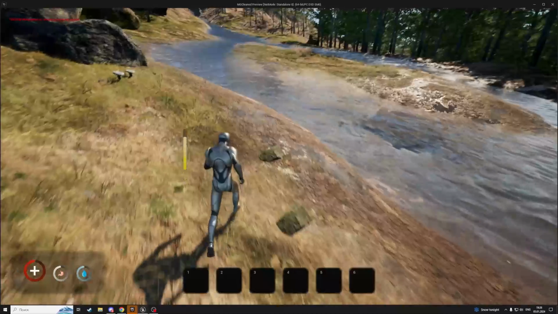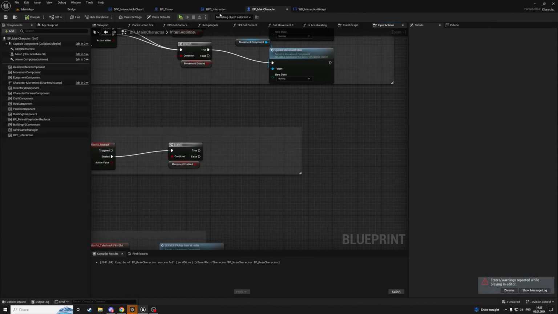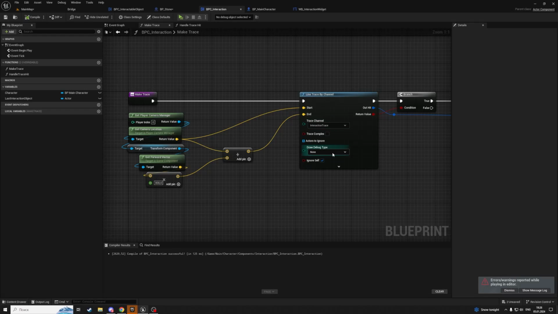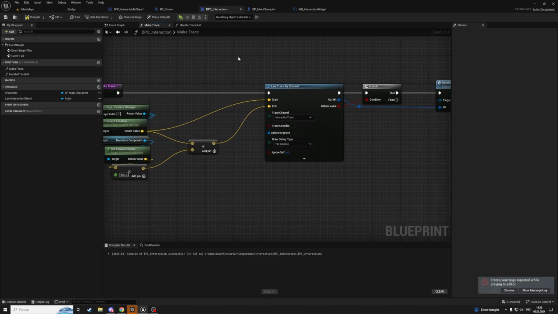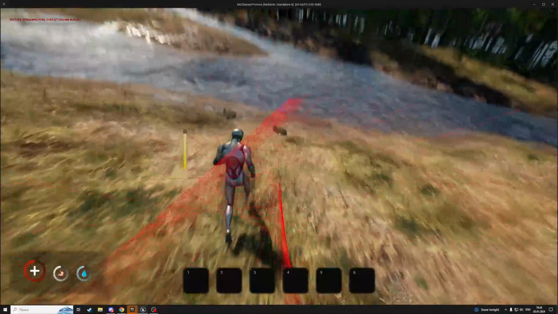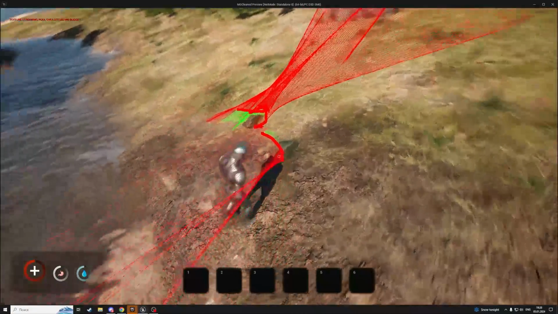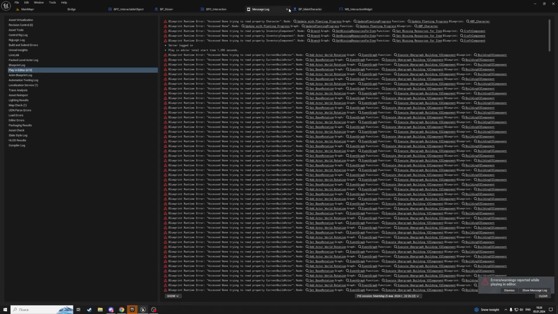Well, looks like nothing happens and we have to check why it is so. Let's draw for duration again, check if hit happening. Yes, hit is happening with a stone, but